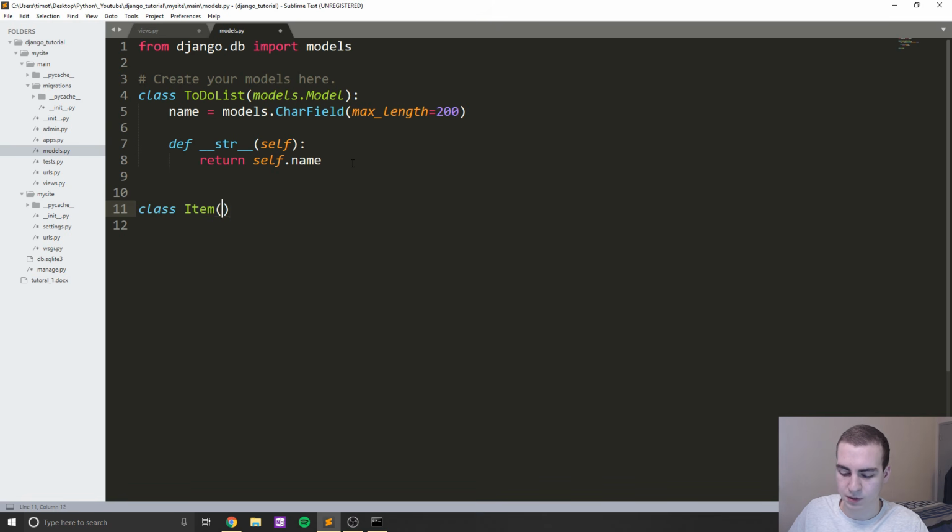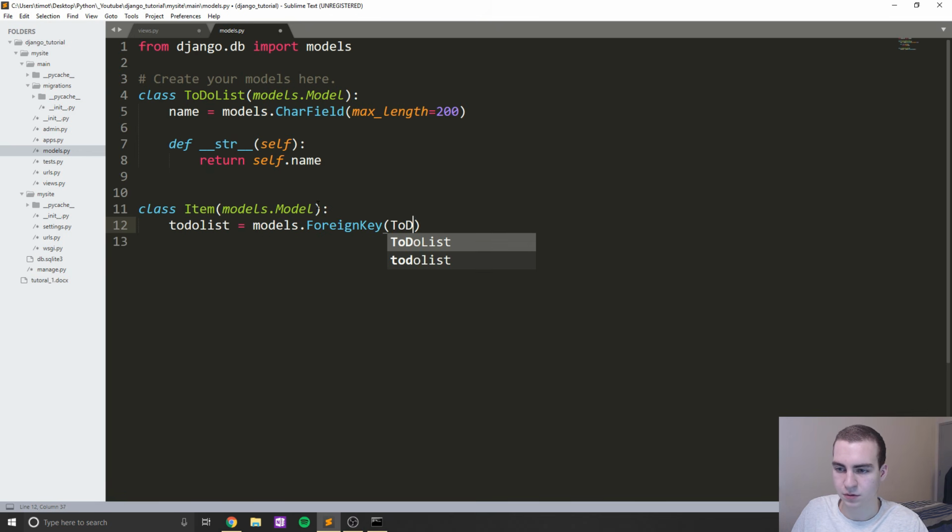So same as before, this will inherit from models.Model, and this is going to have some attributes as well. Now, Item is a little bit different just because it's actually related to ToDoList, and we're going to have items as a part of our to-do list. So to do this, what we're going to do is simply say todolist equals models.ForeignKey, and then in here, we're going to type ToDoList like that, and we're going to say on_delete equals